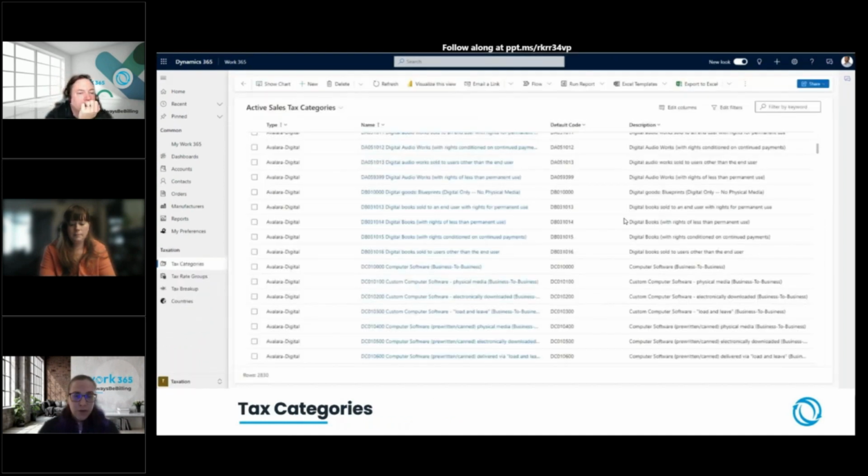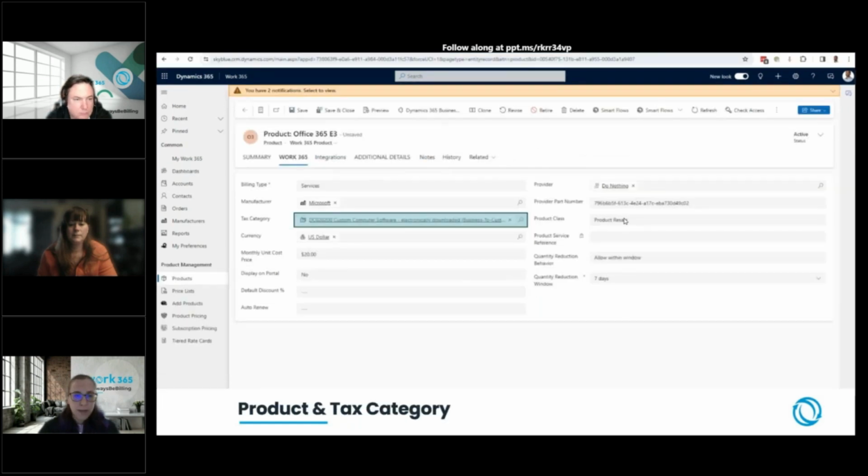And then you can set your tax categories here. Again, if there's any confusion around what codes you should be setting up here, the default code that you're showing right there, that D whatever, that's a code that Avalara uses directly to apply the tax logic based off of the customer's address, where they're located, and what service you're using, right? So what service are you selling? Once we have this piece defined, if we go on to the next slide,